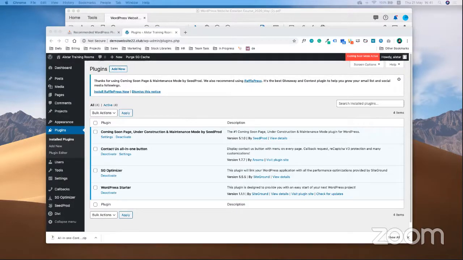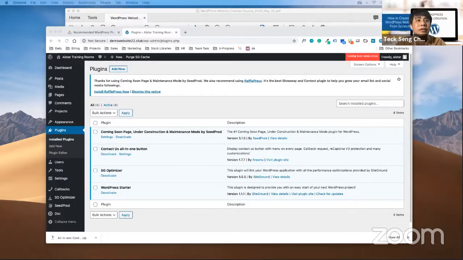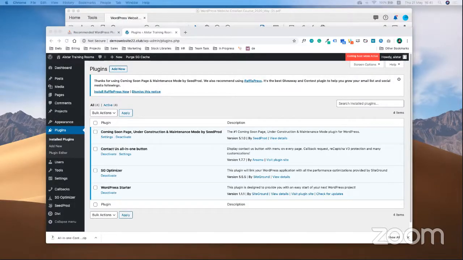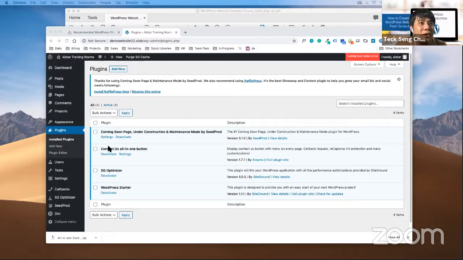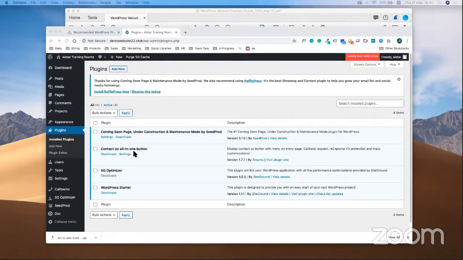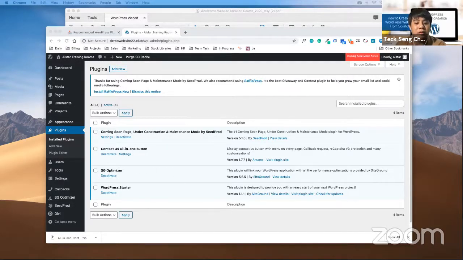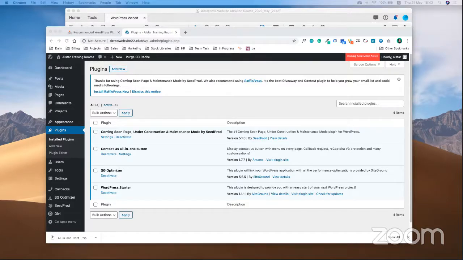There's no activate option. So now what do you see? Callback. I saw deactivate and then settings. Okay, click on settings. So go to callback pop-up setting. Correct.